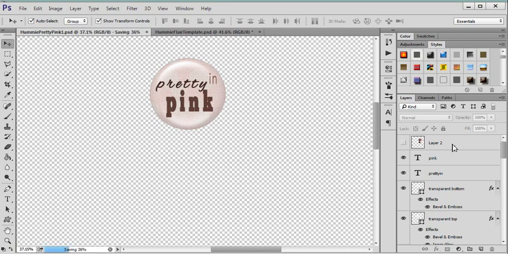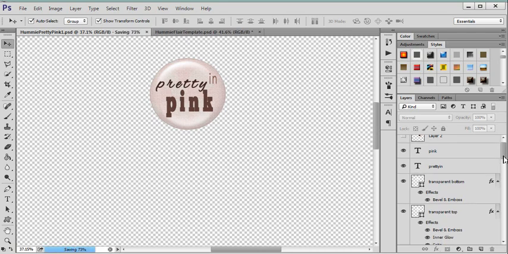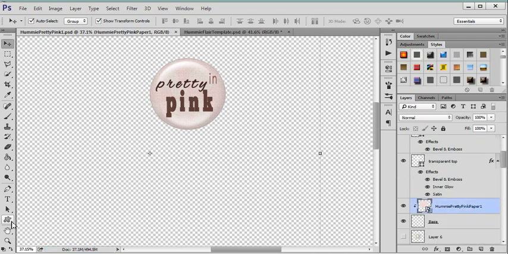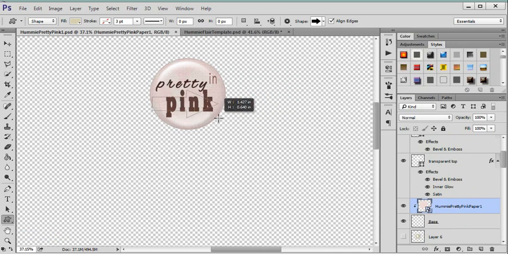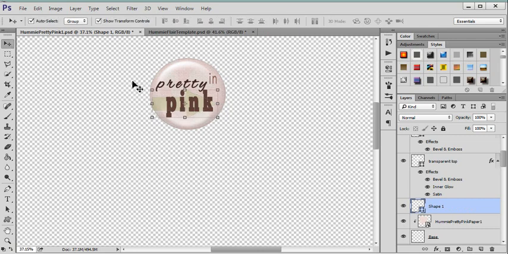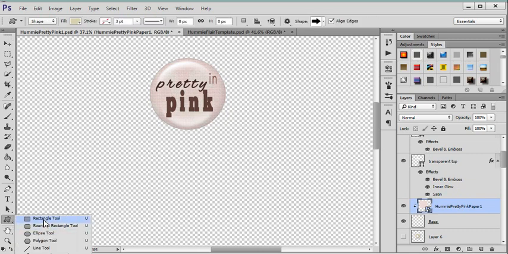and hit save, Control S. But there are lots more things that you can do. Let's say I want to come in here. Let's get a custom shape. I have an arrow chosen, so let's just go with that. Let's say I wanted to put an arrow in there, and then you would clip it to that base again. The arrow is not really working for me, so I'm going to delete it. Let's say I just wanted a rectangle shape,